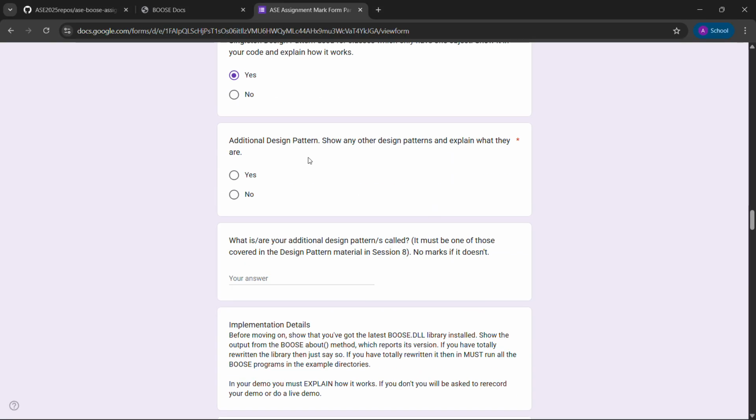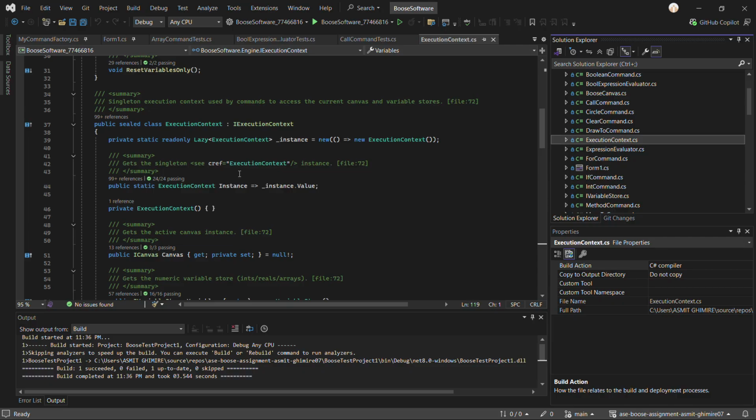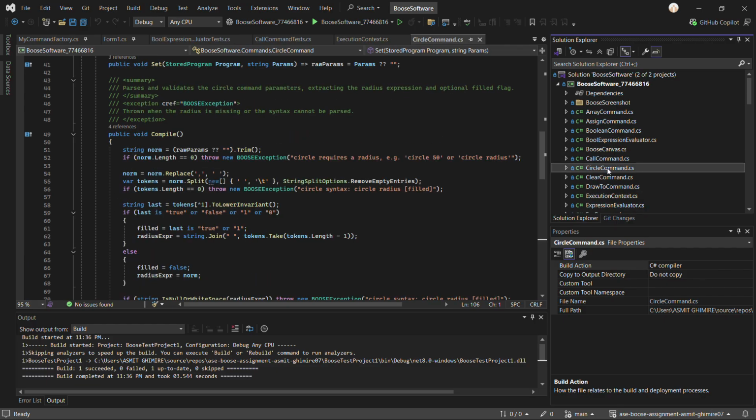Moving on to the next one, additional design pattern: any design pattern, and explain why they are what they are. Besides singleton and factory design patterns, my code uses the command design pattern, where every Boost keyword is implemented as a class.